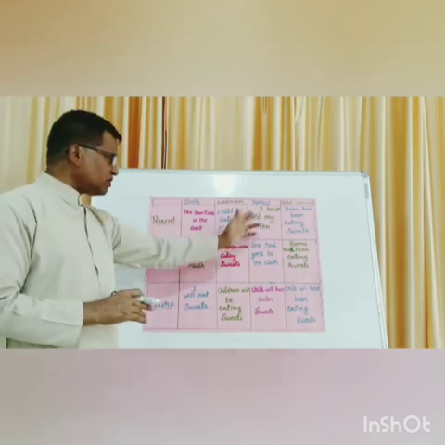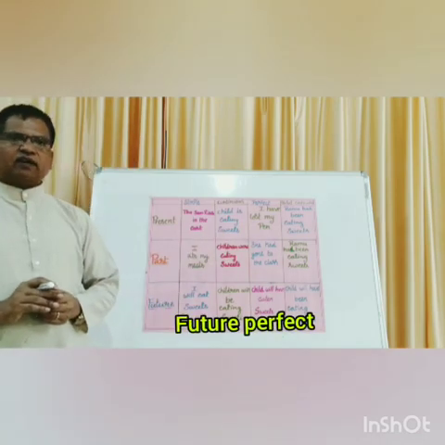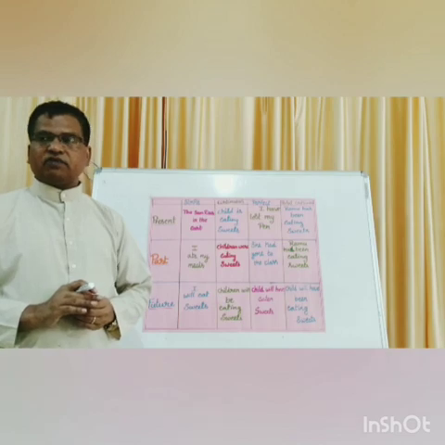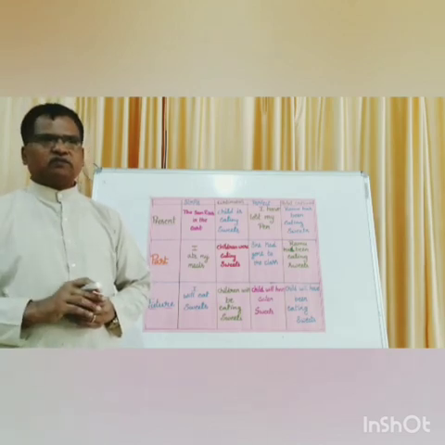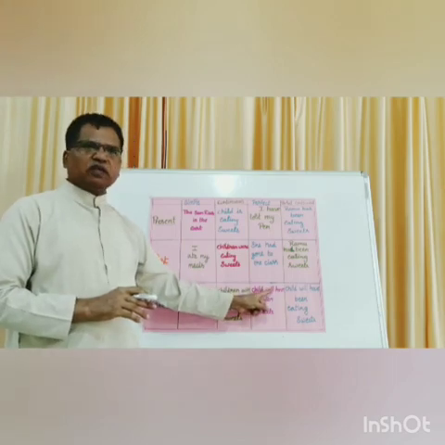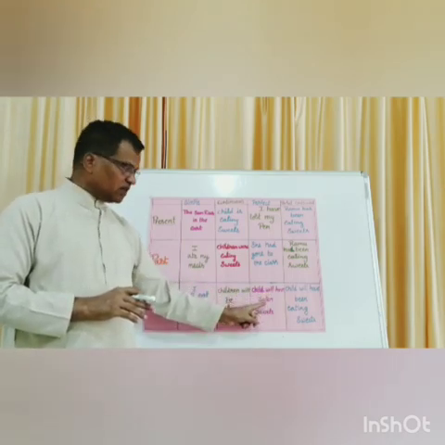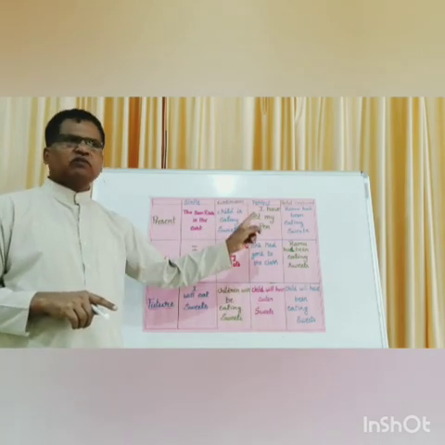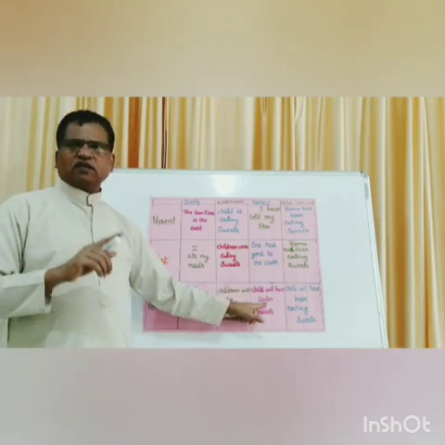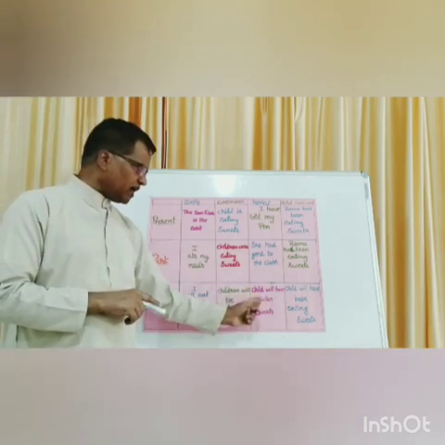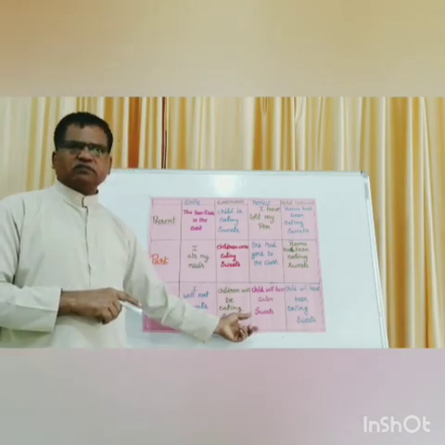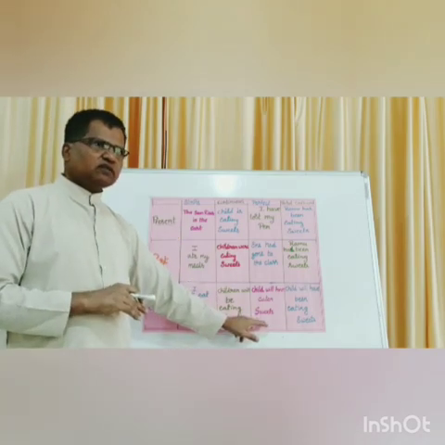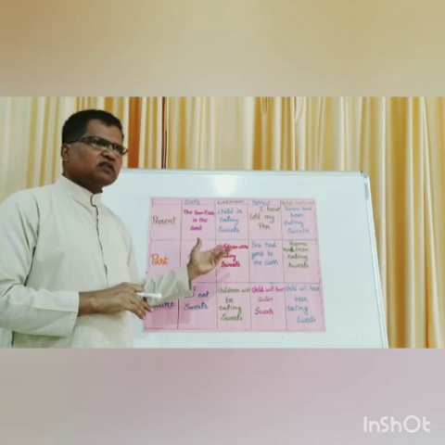Then next is future perfect. Now perfect means have. The helping verb have will certainly be there. Have, not has, not had. Then will certainly will be there. Will. Then we have the third form of the verb, because the perfect column is always like that. Third form of the verb, V3. Eaten. Therefore, the child will have eaten sweets. So will have eaten is common for all the sentences. If it falls here, will have eaten. Subject, whatever, plural, singular, it's okay.